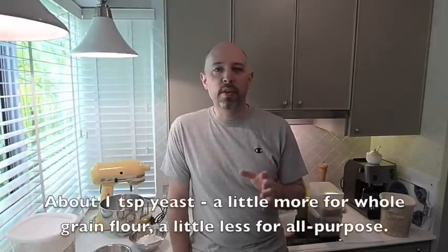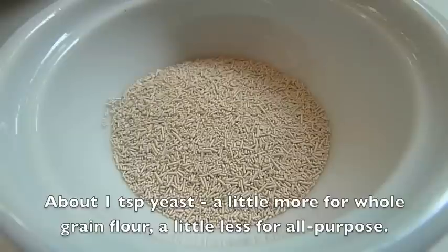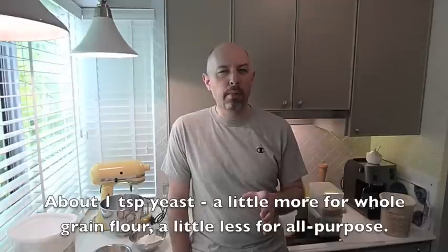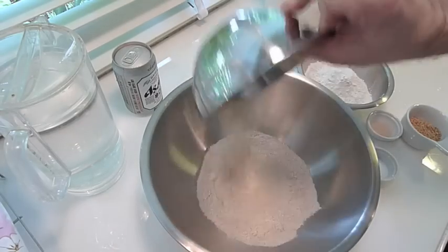I use approximately 1 teaspoon of yeast. Now if you're using 100% whole wheat or whole grain flours, you'll probably need just a little bit more than that. And if you're using completely all-purpose flour, well, you can drop that back maybe to just over a half teaspoon of yeast. To begin with, go ahead and add your flours,